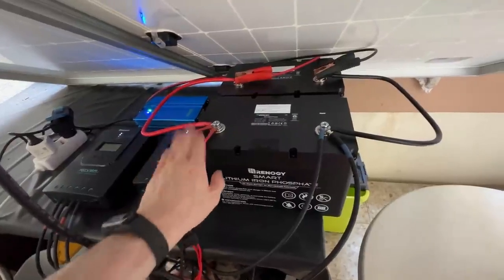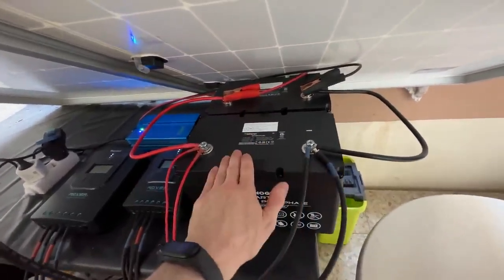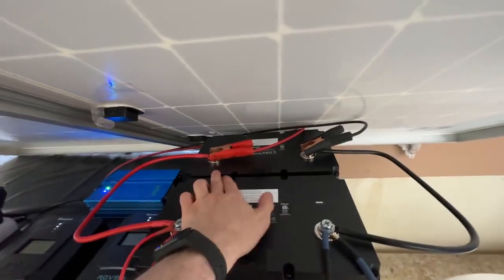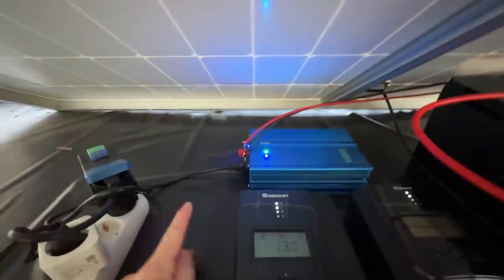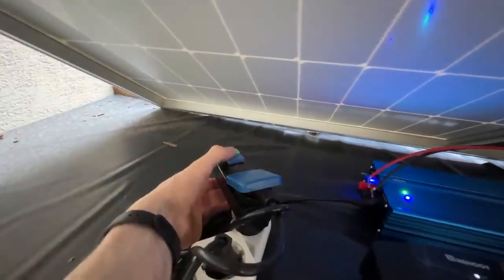My charging side is the front battery, so we have the plus poles and the minus poles going in, and then back here we have the grid tie inverter, and this is connected to the back battery. Not that it matters, but just for the organization aspect. And this thing is going into the grid over the safety plug-in right there, and we can just test it right here